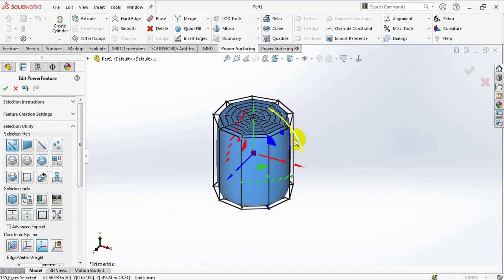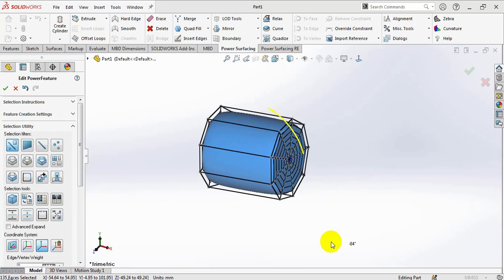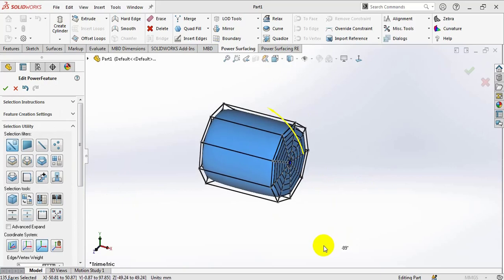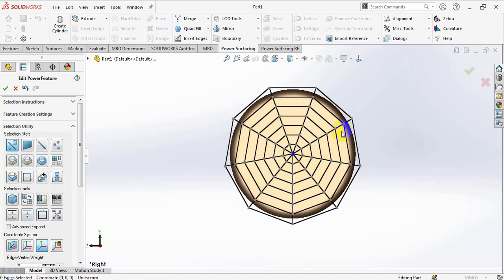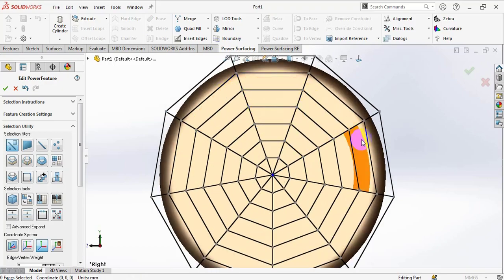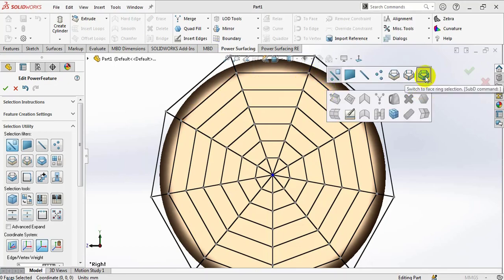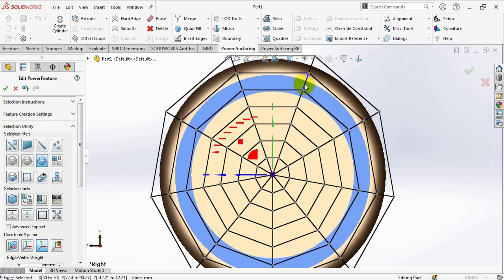First thing you're going to do is just flip it 90 degrees. You're going to see here until it becomes 90. Okay, you can get the right view. Now here's a trick to select only this side. You just select here, use the face ring selection, and put the mouse in a line here, so you can select this ring face. Okay,